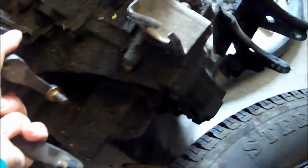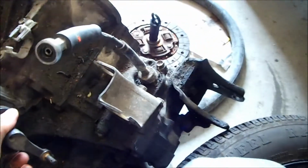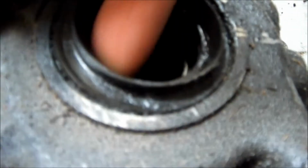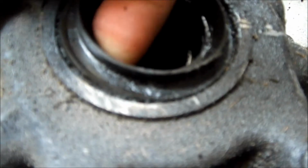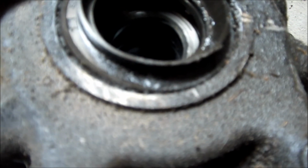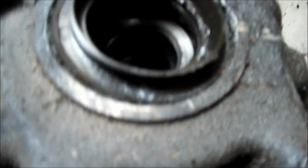I'm not going to tilt it that way. I'm just going to show you this side. This is the seal right here, and they get a little hard over time. This one's not bad, but actually the crack in it I just felt. It's got a crack right there on the sealing part. So yeah, I definitely need to replace that. Good thing I got the seals. I'm going to start making it mandatory. Every time I change my CV joints, I'm going to put new seals in,